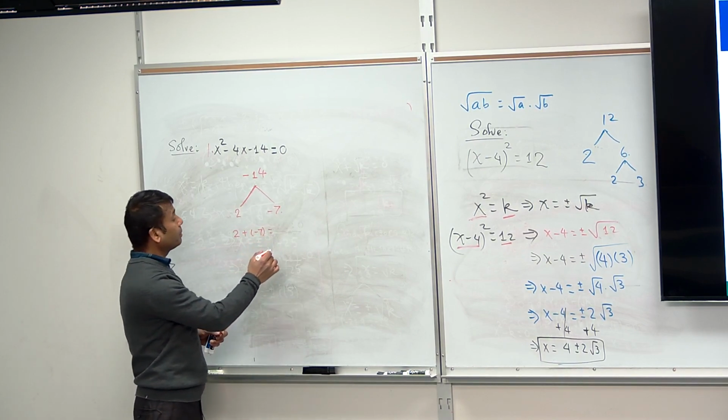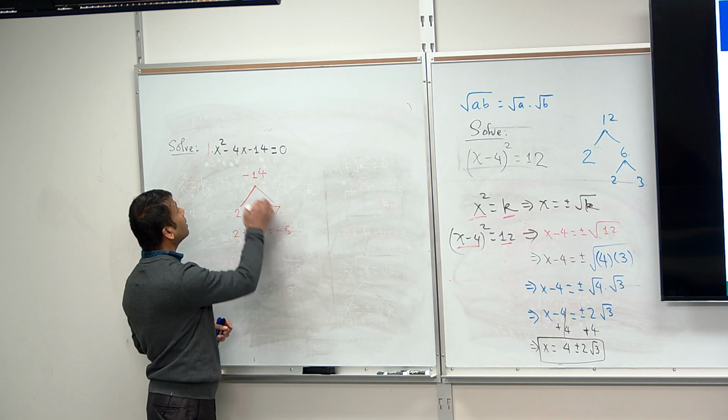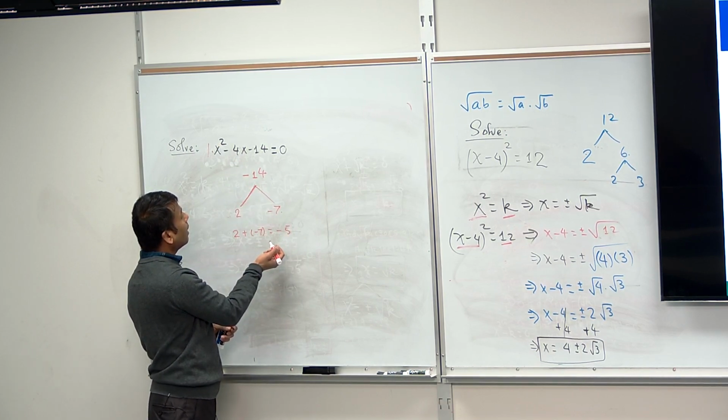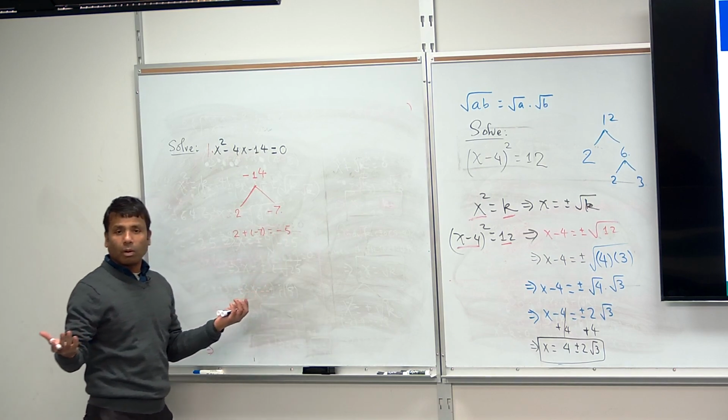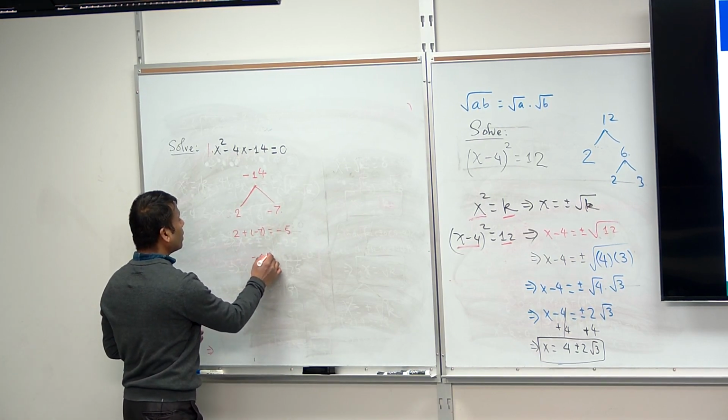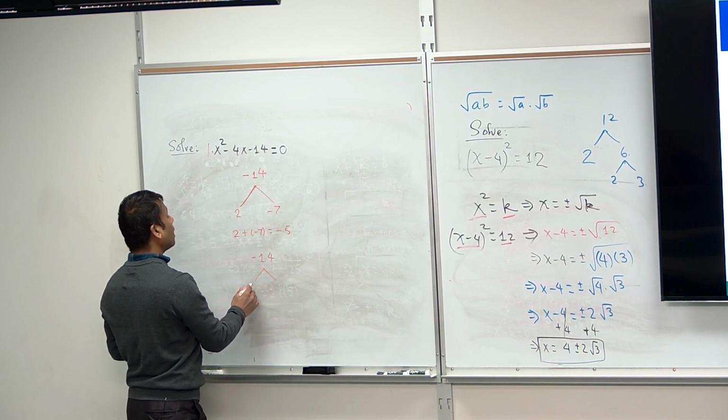What is this? Negative 5. So this is not negative 5, right? This is negative 4, right? It does not work. And what else can you do? Like you have a negative 14. Hey, can I do